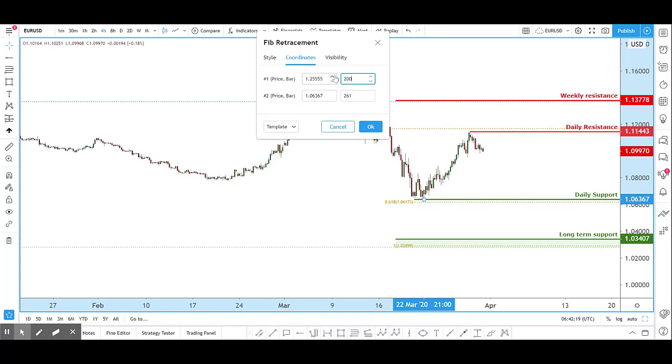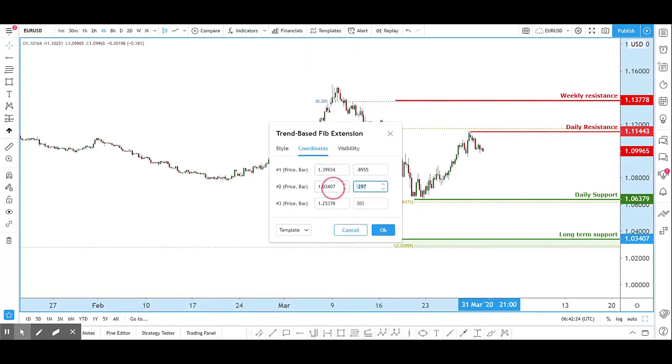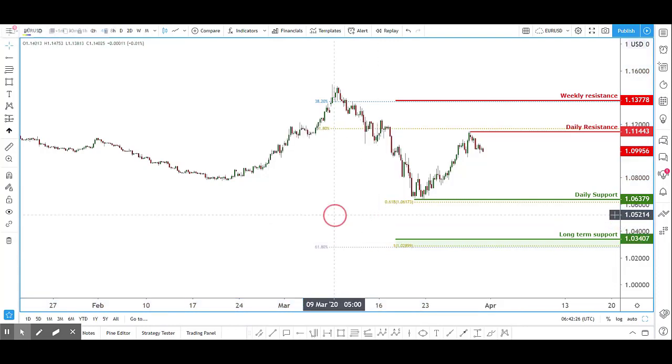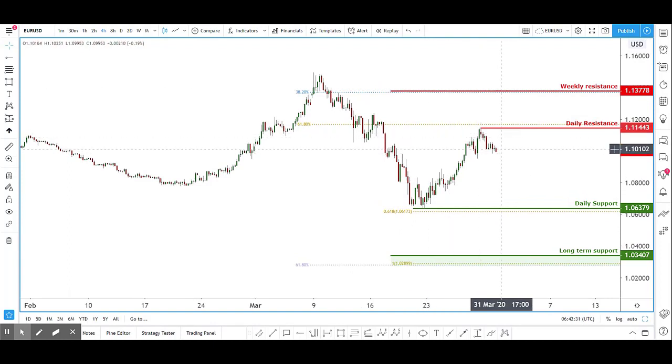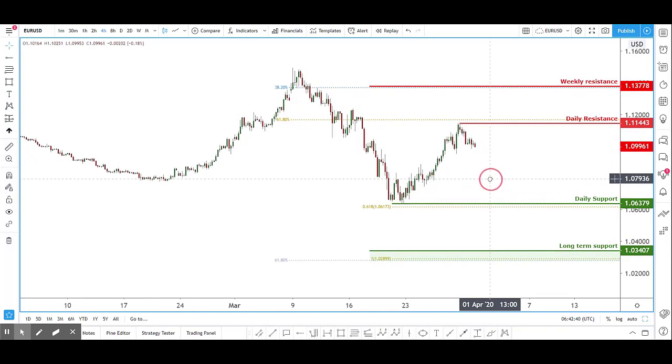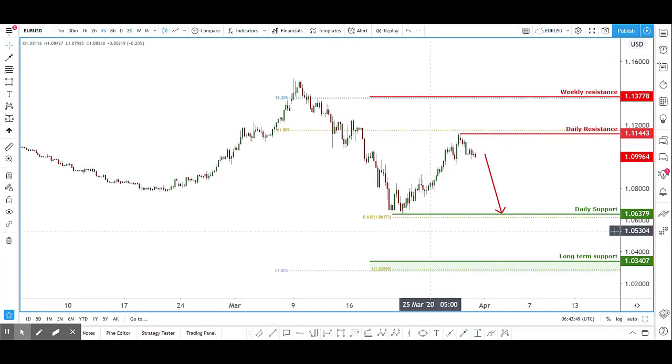Let me tidy this up, and also this. So what we see here is price coming close to the daily resistance, actually reacting right below the 61.8 retracement of this swing high from the start of March to the middle of March. What I like to see is for price to push down towards the daily support. And where I can enter is